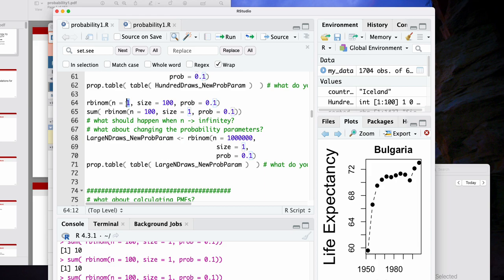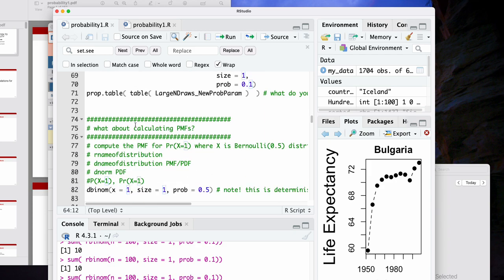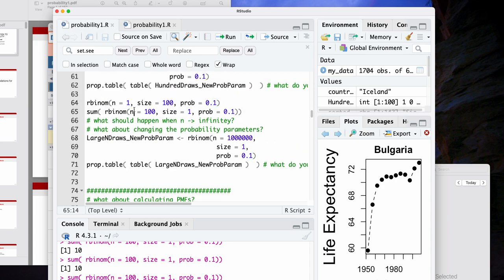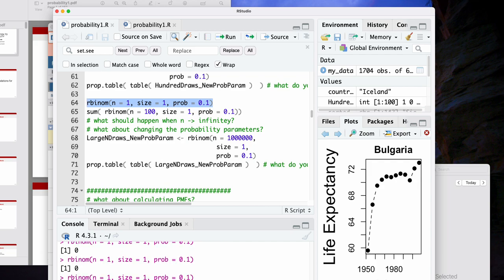I was wondering if you could use the coin flipping example to explain the R binomial and the D binomial. Yeah, good question. So we have a coin flipping situation, and our binomial, let's just use size equals 1. So this is a literal coin flip. It's either 0 or it's 1. And we don't know which it's going to be. It could be one, it could be the other.